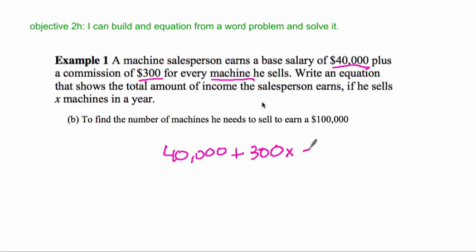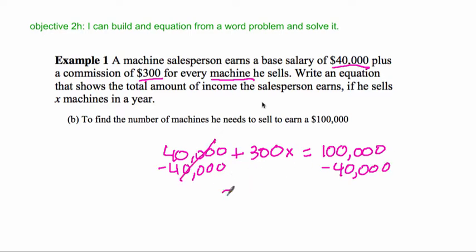So we'll just put in equals 100,000. Now we can solve this two-step equation and find out how many machines he would have to sell to earn that amount of money. So we're going to minus 40,000 from both sides. They cancel out over here. We're left with 300x